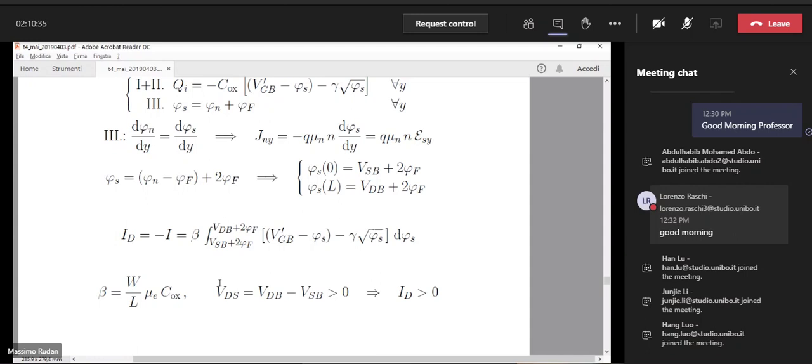So, in circuit theory, when we consider the small signal equivalent circuit of the device, at some point we have to calculate the so-called differential conductances, that are the derivatives of the drain current with respect to the individual voltages VGB, VDB, and VSB. Okay. So we expect that at some point we must calculate